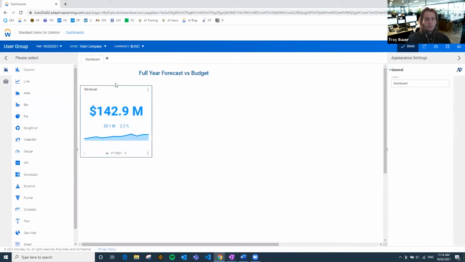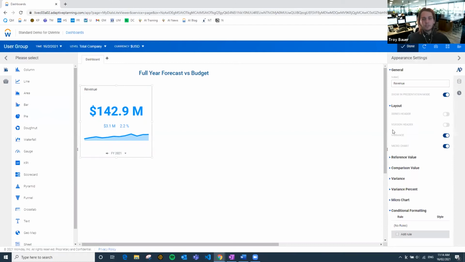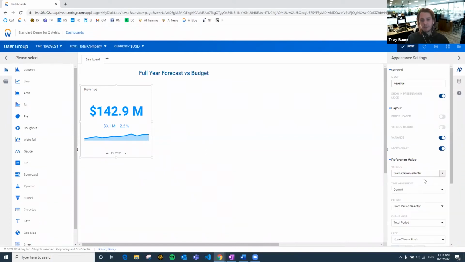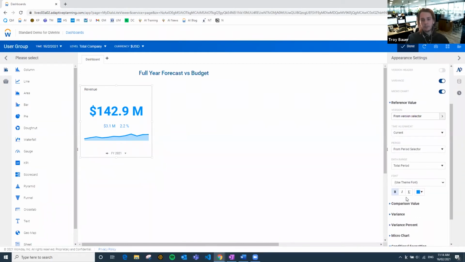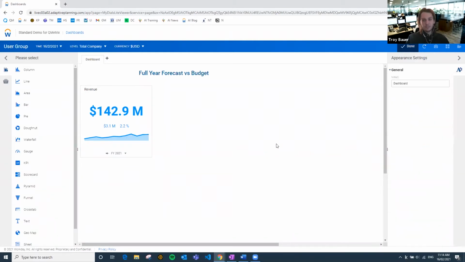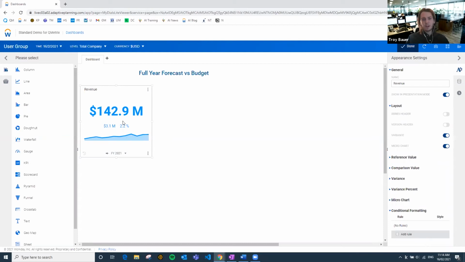The other formatting things I want to bring up as far as the KPI is concerned, you can change the color of any of these items that I touched on before by clicking on the items here, and there is a color setting down the very bottom. So by default, I've got this nice blue here, but I can change it to whatever color I want by clicking on here and picking from the shades below. That's per item pretty much. So the reference value, the variances, the charts, they can all have their own colors. I encourage you to look through each of those items and change the colors as you wish.